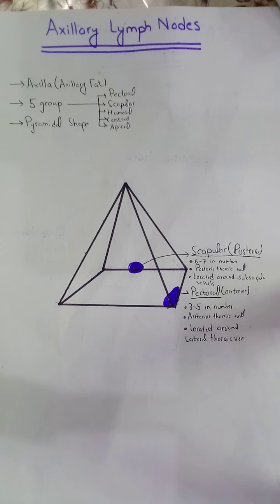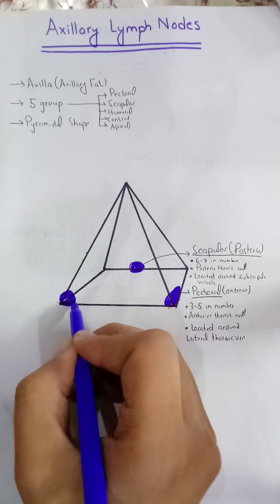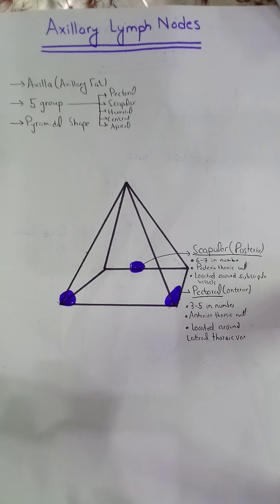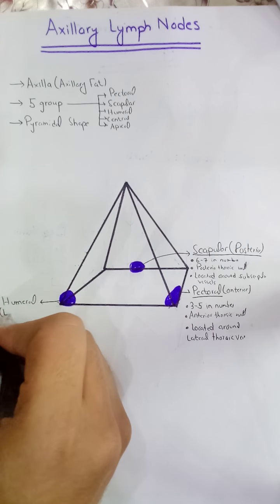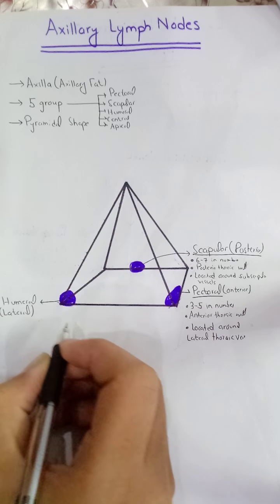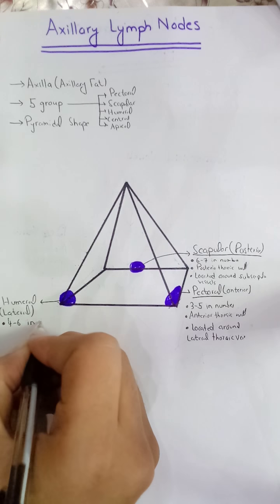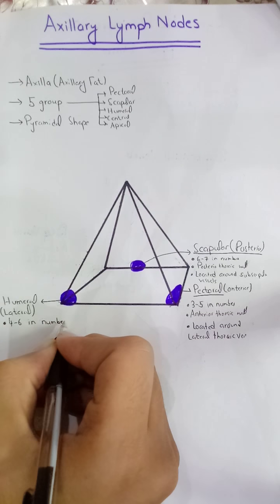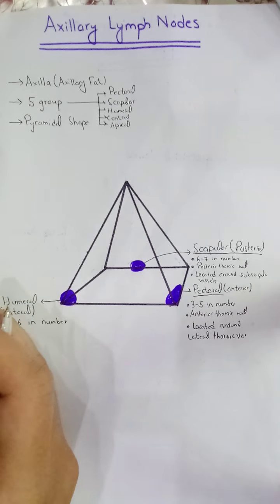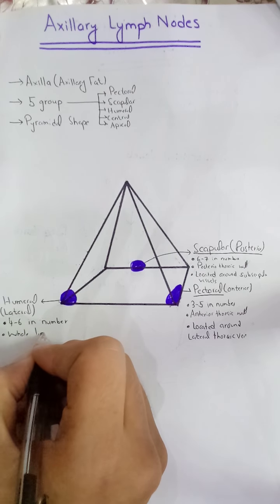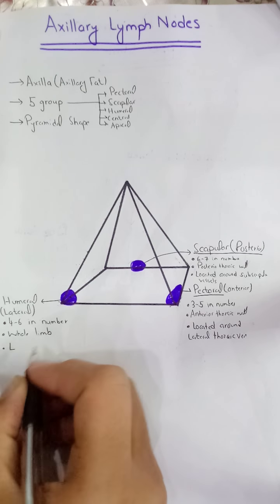Now we will move toward the third type, which are the humeral lymph nodes. They are present on this side, or we can say them as the lateral lymph nodes. These are humeral or lateral. Now we will see a brief introduction of these lymph nodes. They are about 4 to 6 in number, and they will drain the whole upper limb on the lateral side,